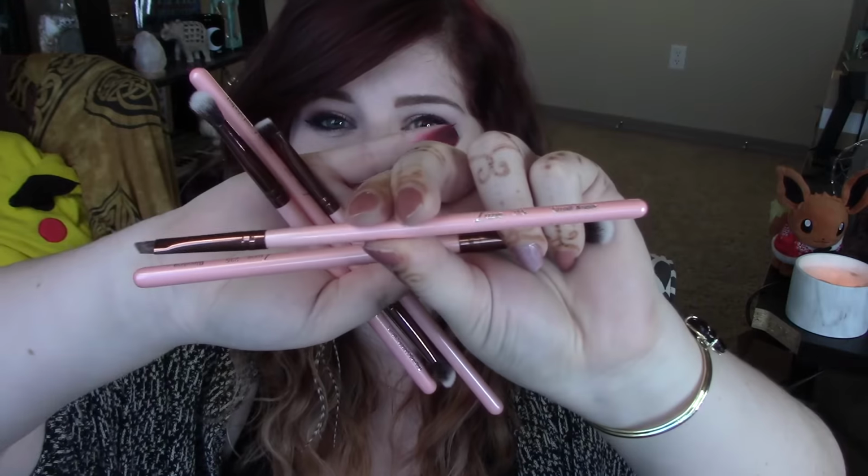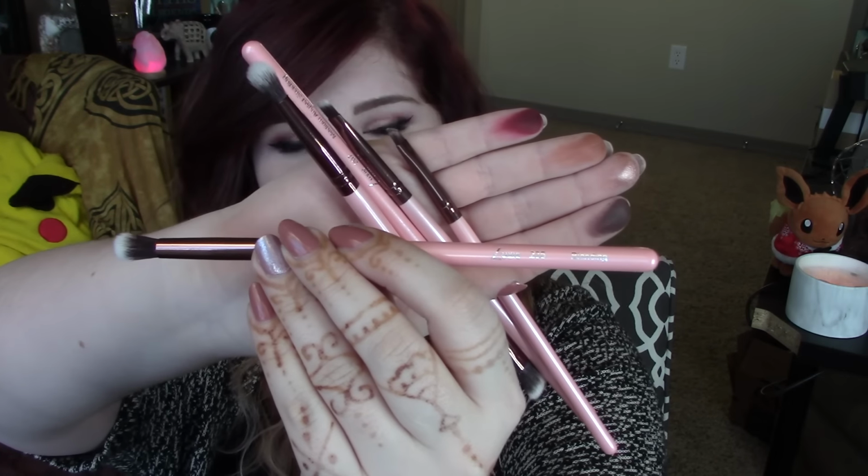Then they have the small angle brush, which I have been using for my brows. I really love these kind of brushes for brows. And then they have the 235 blending brush, which is just another version of the small blending brush, just a teensy weensy bit bigger. So this brush I got off of Ipsy for $25, so basically $5 a brush,